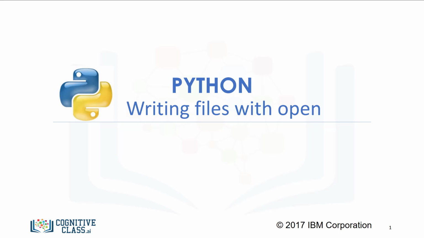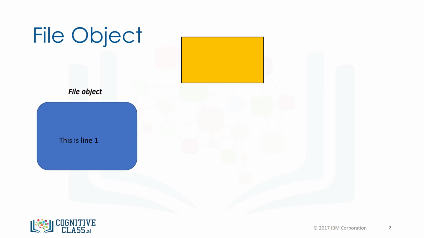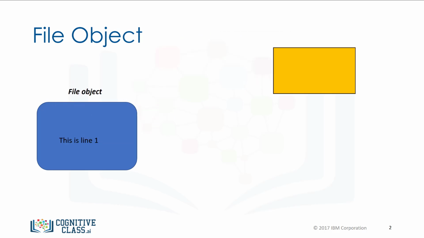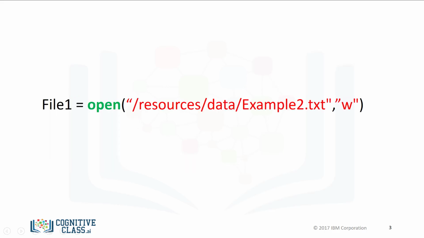We can also write to files using the open function. We will use Python's open function to get a file object, to create a text file. We can apply the method write to write data to that file. As a result, text will be written to the file. We can create the file